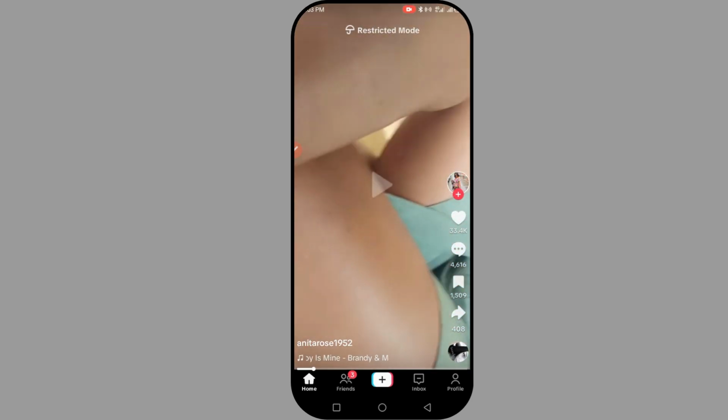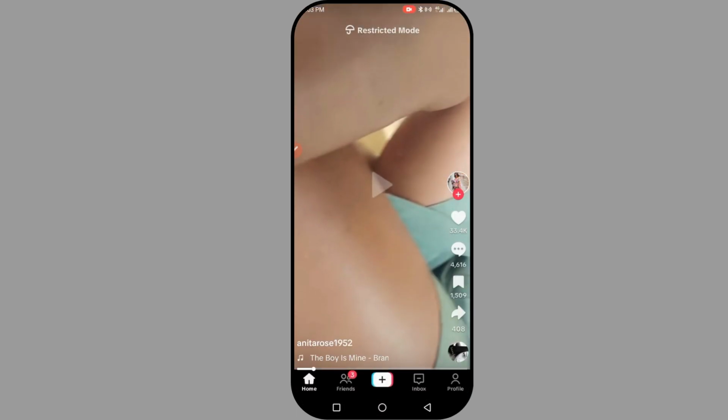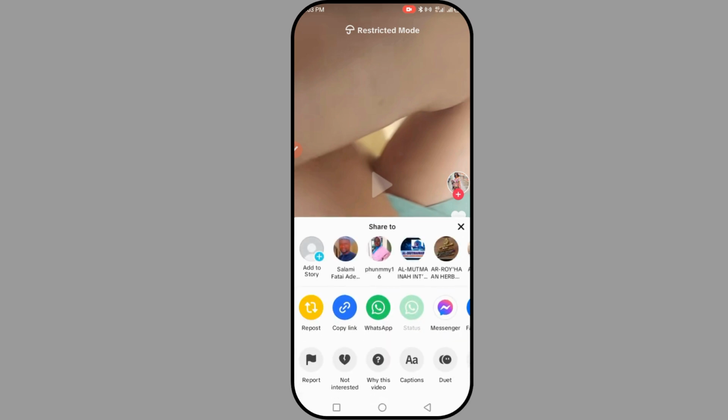I'm just going to click on, let me show my tab. So I'm going to click on this button, just click on share, and it is going to bring where you want to share to. I'm just going to scroll, and then I'm going to click on my Instagram direct here. Just click on Instagram. Okay, let's see, just click on Instagram direct message here. Click on it,